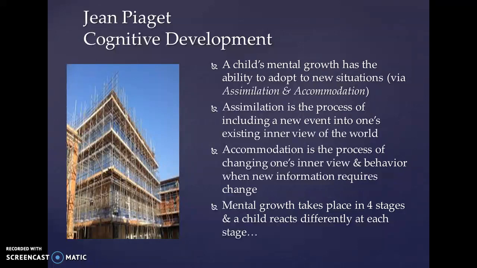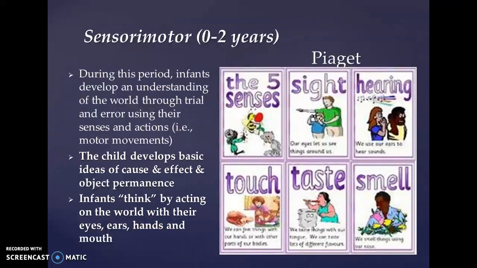So for example, assimilation could be that a child learns that a family is mommy, daddy, son and daughter. And as they go to school, they realize that you have other families where it's just a mother and the children, or the grandparents live in the household as well. So their definition of what a family is goes from assimilation to accommodation, where they're accommodating new information onto the same initial concept of a family, right?